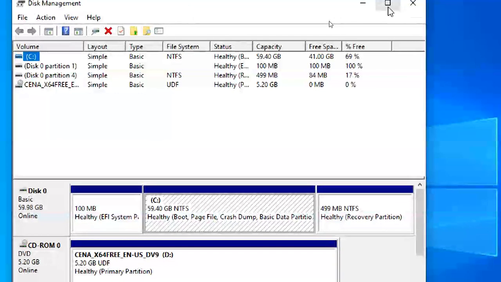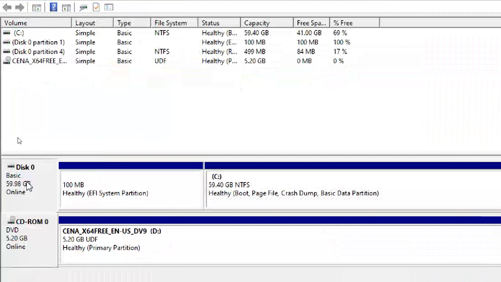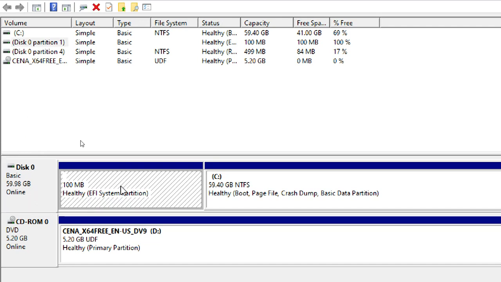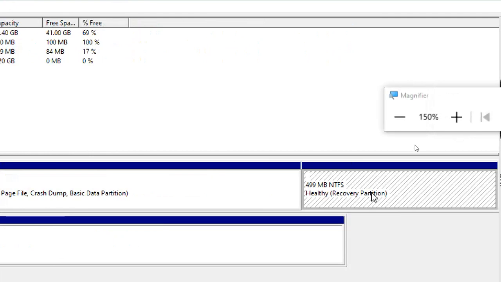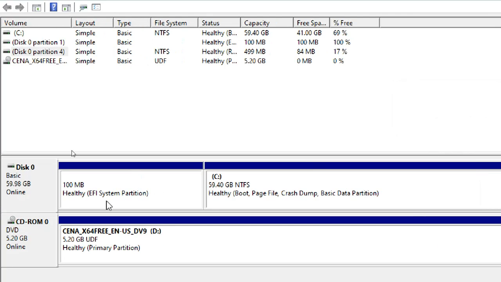So it is better to always use full screen mode. This is Disk 0 and this is a CD-ROM. Disk 0 means I have only one disk, right? This is Disk 0, a 60 GB disk. It is showing a 100 MB EFI partition. One more partition is there that it shows here, a 500 MB recovery partition. Microsoft EFI has a facility: if any bootable files are crashed, it repairs itself. Startup repair will be done on its own. That is one good thing about Microsoft Windows 10.